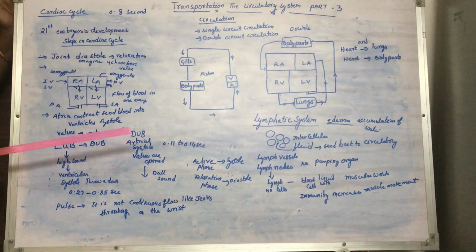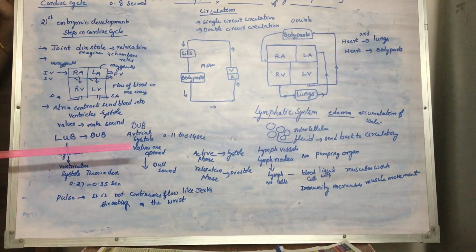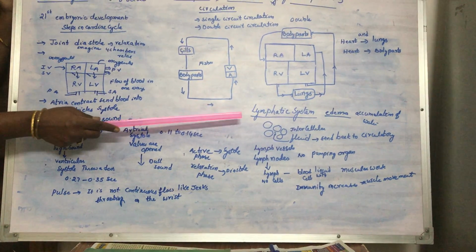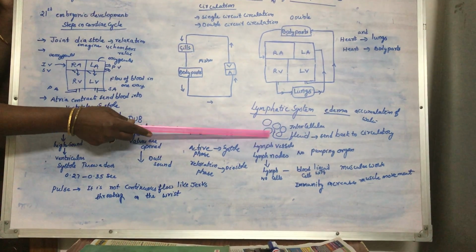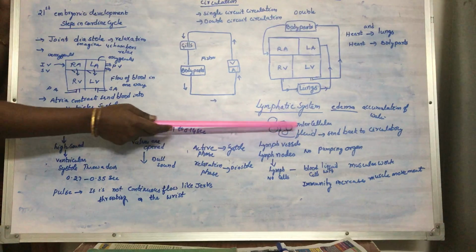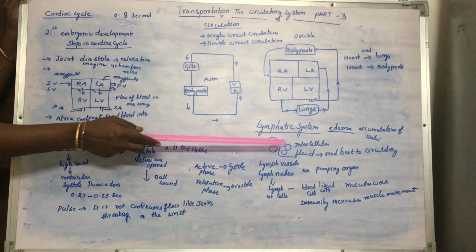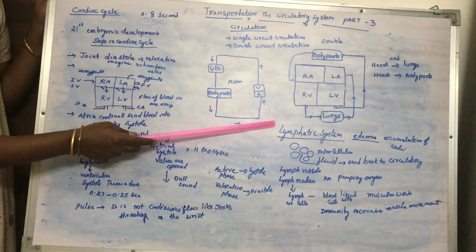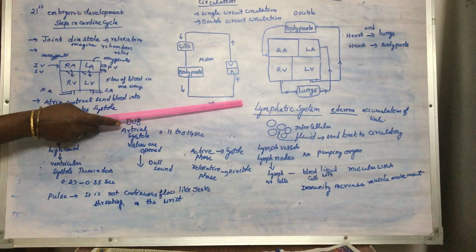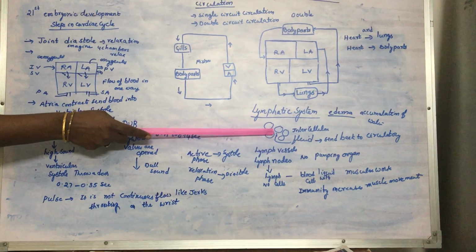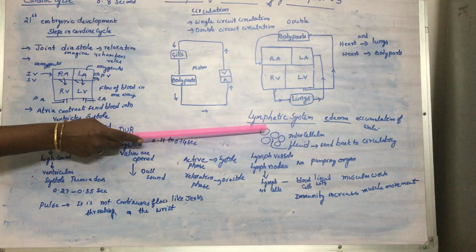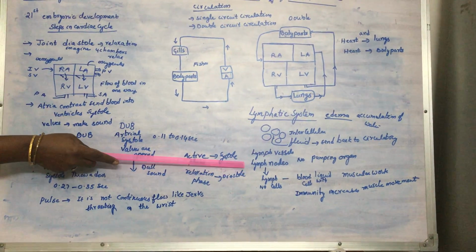But blood cannot take out all the things from the cell. Some amount of water, some amount of waste material, some amount of nutrients are left in between the cells, that is, the intercellular spaces. These intercellular spaces are filled with a leftover fluid. That leftover fluid is again sent back to the circulatory system by another system called the lymphatic system. This lymphatic system collects the extracellular fluid which is present in between the cells and sends it back into the circulatory system.